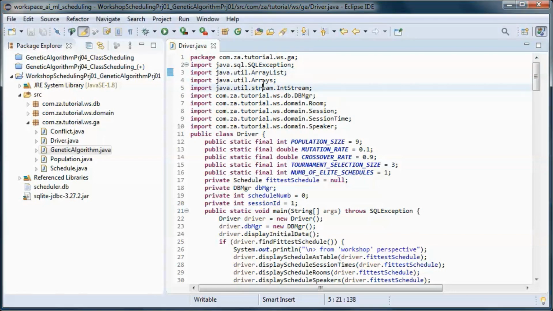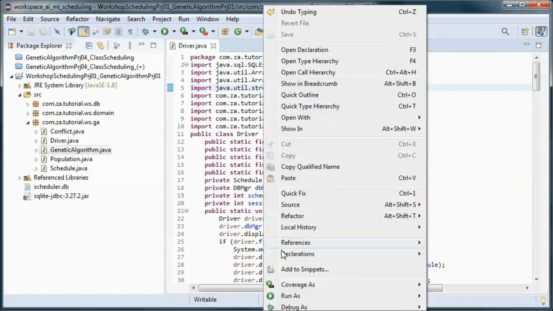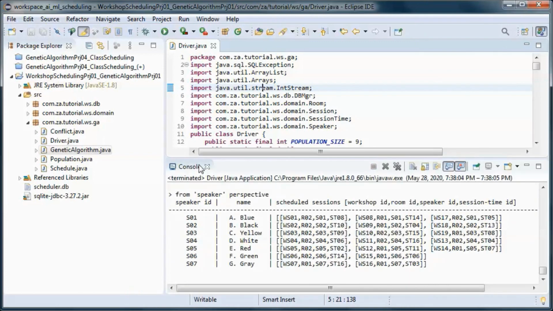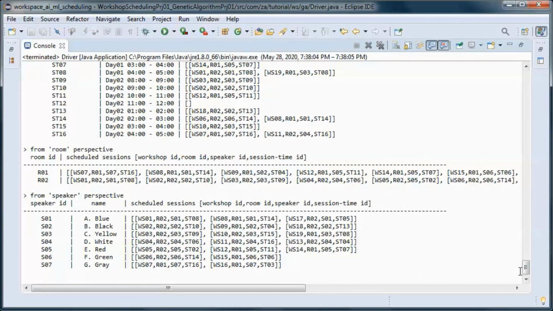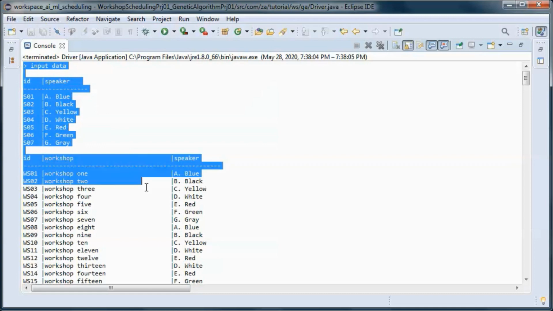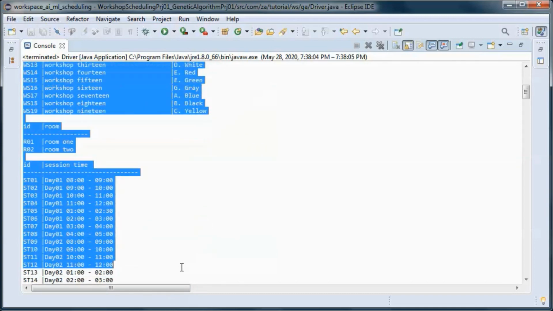And finally, let's go ahead and test run the application. So we started with this input data.